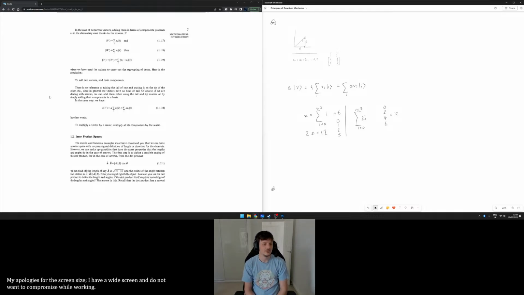I agree. However, we can make up quantities that have the same properties that the lengths and angles do in the case of arrows. The first step is to define a sensible analog of the dot product for in the case of arrows